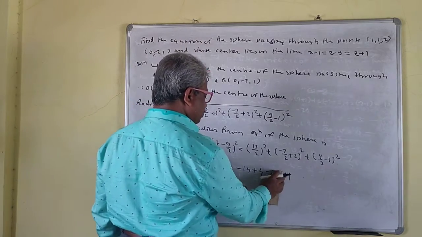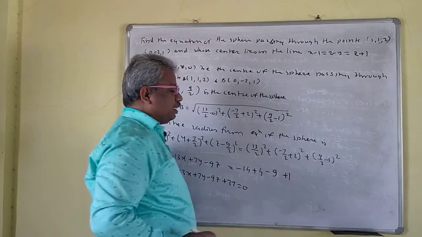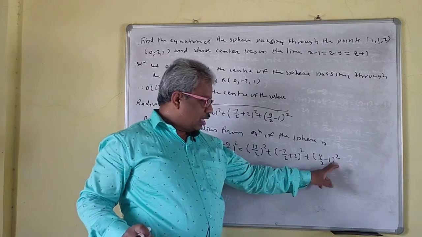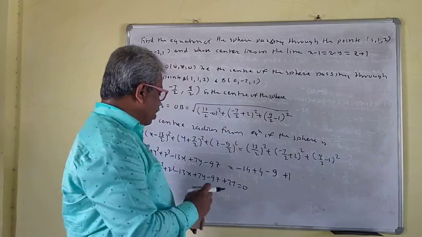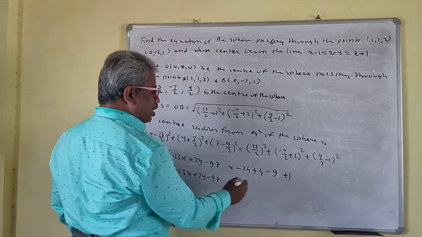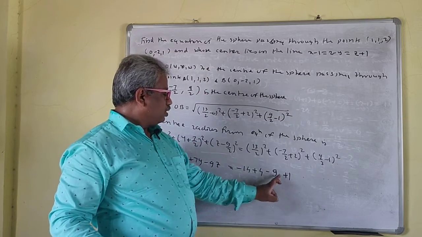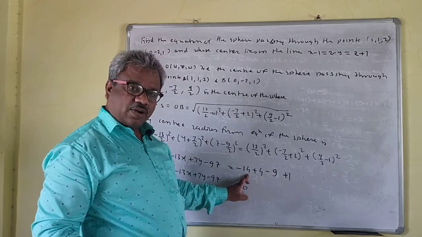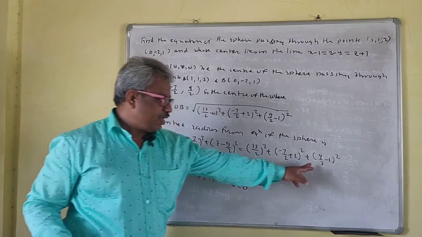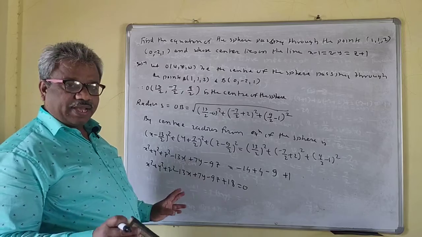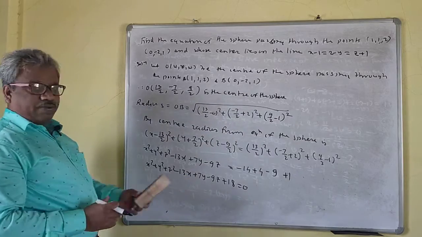Oh, this is not 18 now. The product is minus 9 by 2, and you have to multiply by 2, then this is minus 9. So this is 5, so this is minus 4, minus 18 now. So plus 18 is equal to 0. Take care of this one here. You have to take care everywhere while simplifying this. If you make a mistake, you will get the wrong answer. So this is your required equation of the sphere.